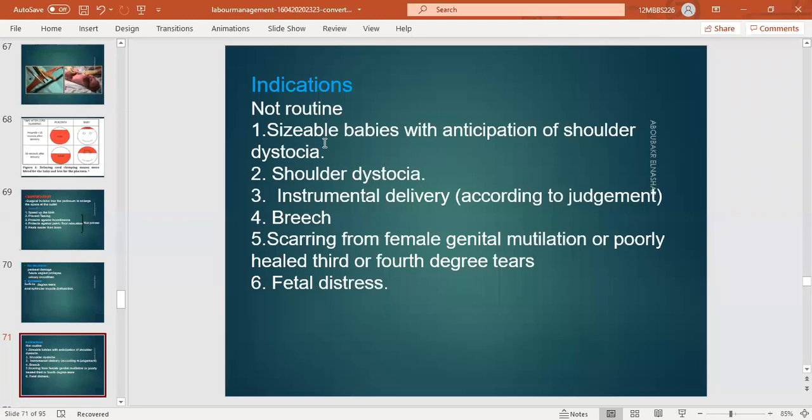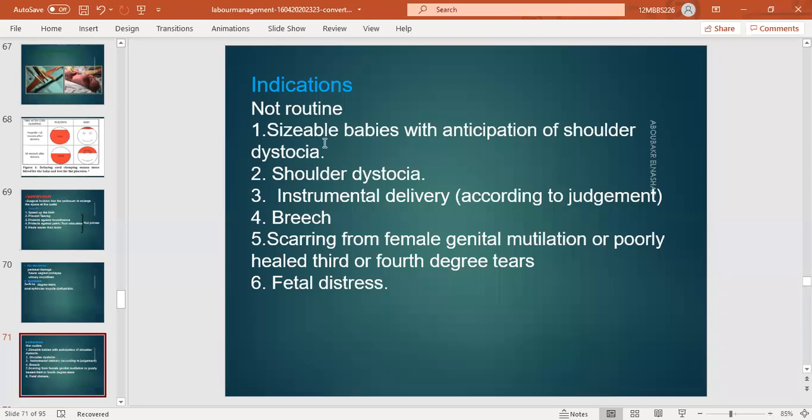So there is a mediolateral episiotomy commonly used: from the midline 1 centimeter and then turn to the right at a 45 degree angle. This is the best because there is less chance of trauma. The indications for episiotomy are a rigid perineum in primigravidas, not all primigravidas, only those who have a rigid perineum where you think that the perineum is threatened to rupture.